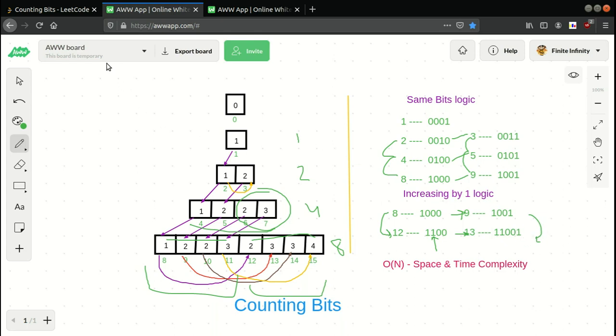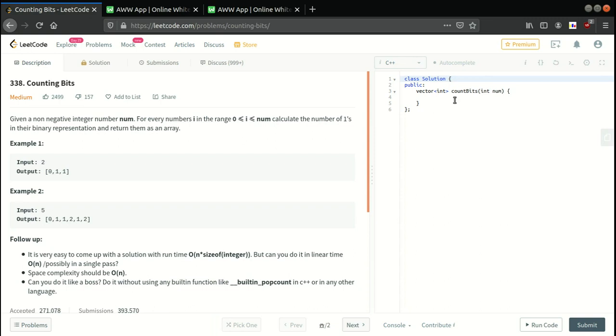So let's write code for it. First of all I am going to declare a vector of int answer, and its size will be 1 greater than num, because we are also counting 0 in our output array. And I am initializing all with 0.